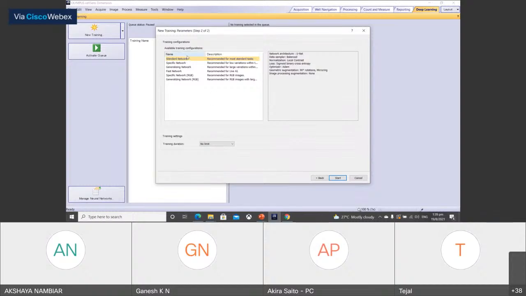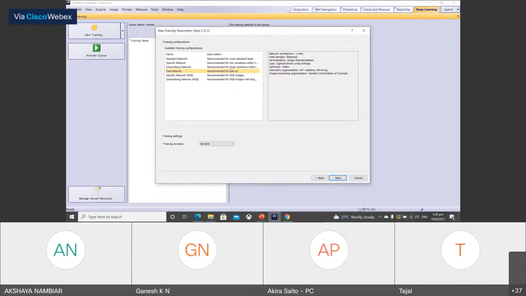And there are a couple of types of neural network, with different features. Like these two are for the color image, and this one is for a little bit smaller neural network creation, which can give the result much faster.